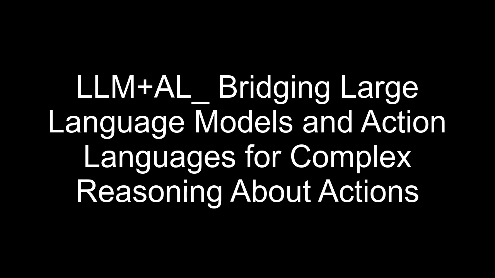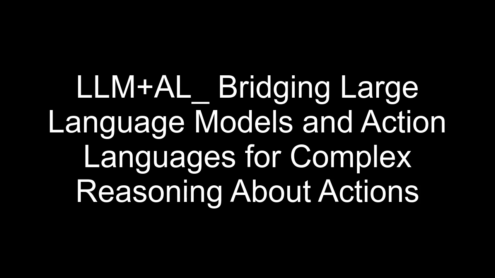The success of the self-revision mechanism is noteworthy. What are the key factors contributing to its effectiveness? The effectiveness of self-revision stems from the combination of LLM capabilities and the formal feedback from the BC Plus reasoner. The LLM's ability to generate and interpret natural language, combined with the reasoner's ability to detect inconsistencies and provide precise feedback, creates a powerful, iterative refinement loop. This allows the system to learn from its mistakes and progressively improve the quality of the generated BC Plus programs.